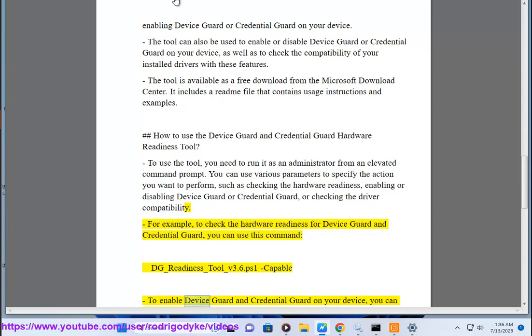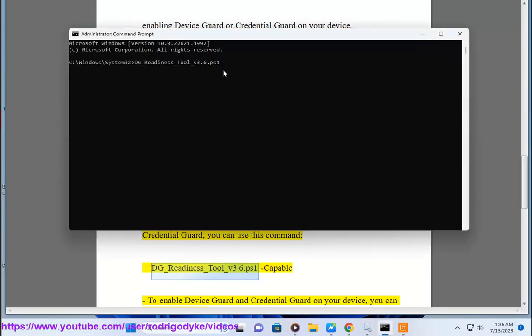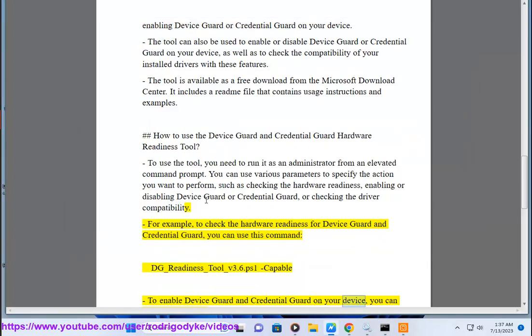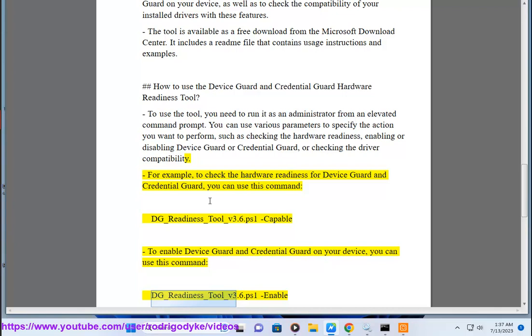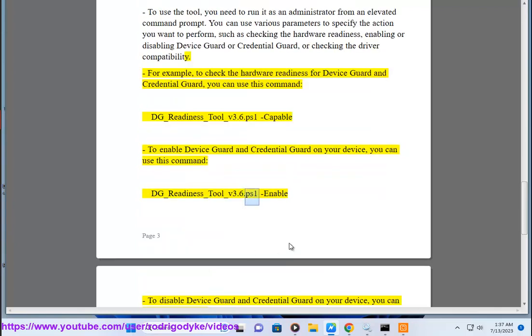dg_readiness_tool_v3.6.ps1 capable. To enable Device Guard and Credential Guard on your device, you can use this command, dg_readiness_tool_v3.6.ps1 enable. To disable Device Guard and Credential Guard on your device,